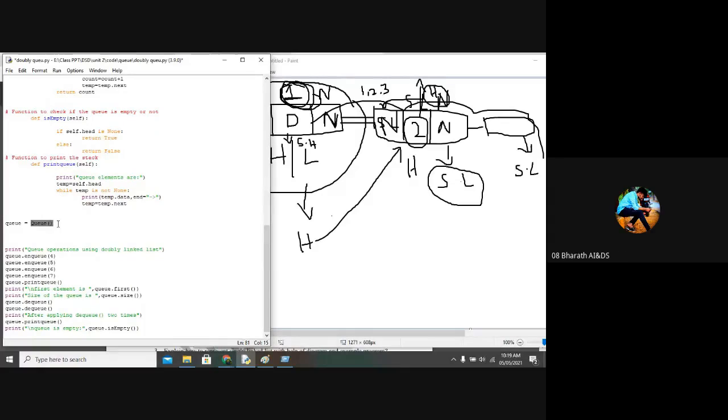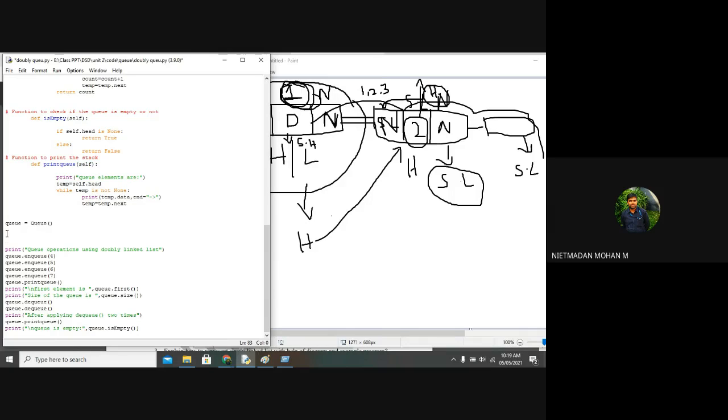Clear? So this is the purpose of creating an object for a particular class. If the class has any data, attributes or functions, by using this object we can access them directly.